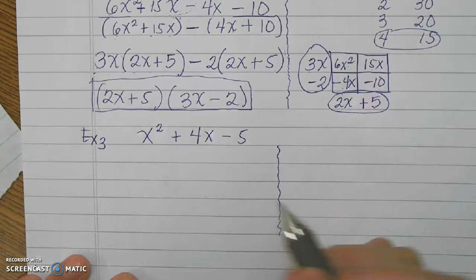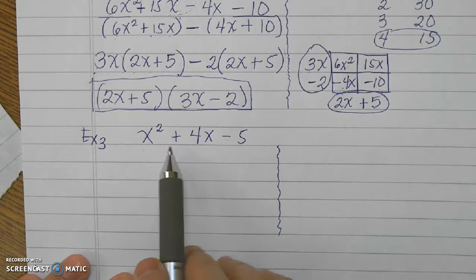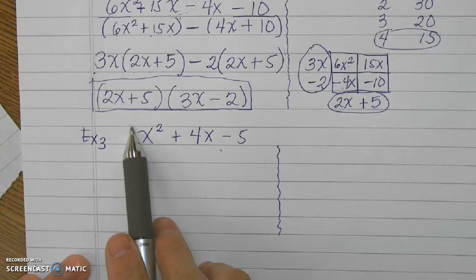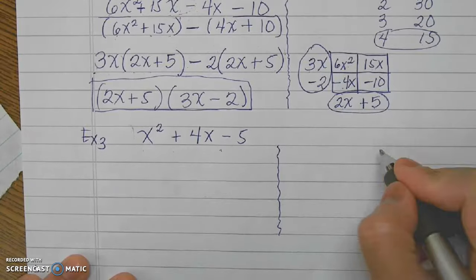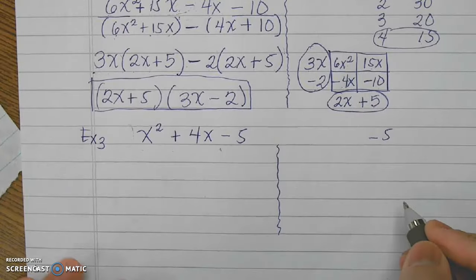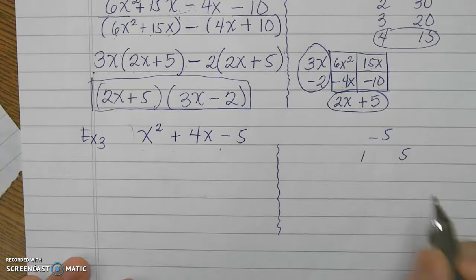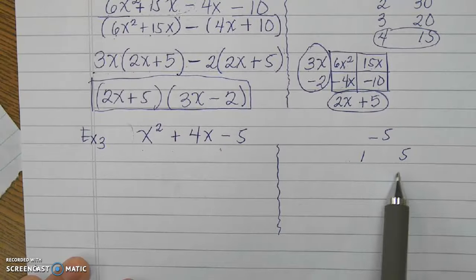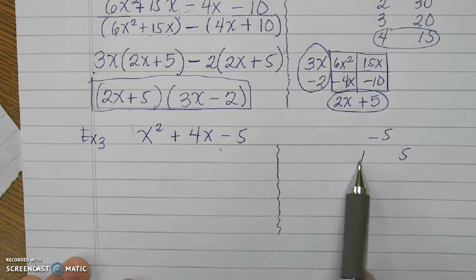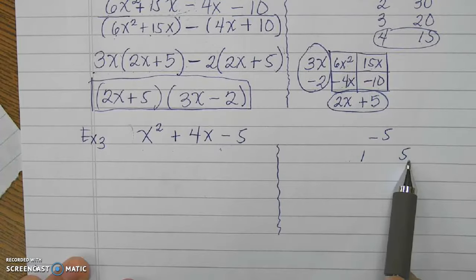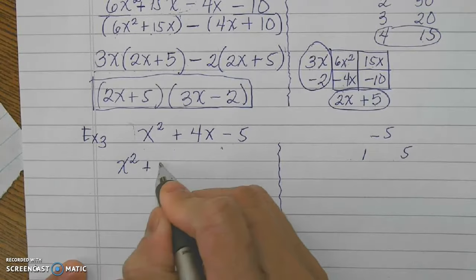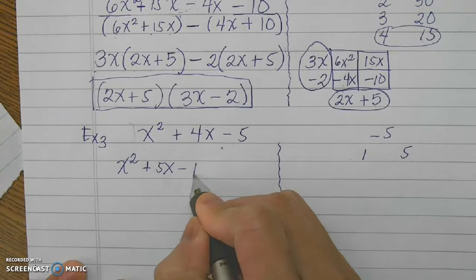Okay, for our example number 3, I have x squared plus 4x minus 5. We're going to use the same process. So I'm going to have a 1 times a negative 5, which is a negative 5. And I'm going to list down the factors, which are 1 and 5. We don't have a choice. These are our only factors. So whenever 5 is positive and 1 is negative, it's going to give us a positive 4. So let's use this. X squared, and then I'm going to have a positive 5x minus 1x, or x,